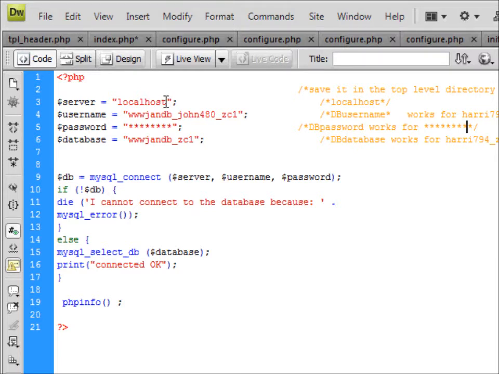Then the username of the database, the password, which I blanked out for security for my client, and then the name of the database. And this coding here will actually generate error messages if you're incorrect in what you put in. So you save this file as